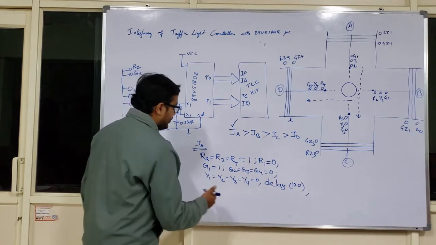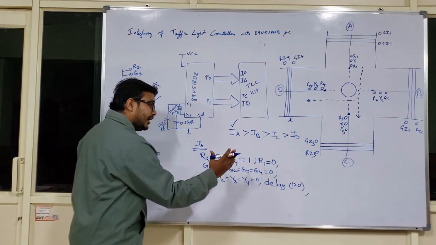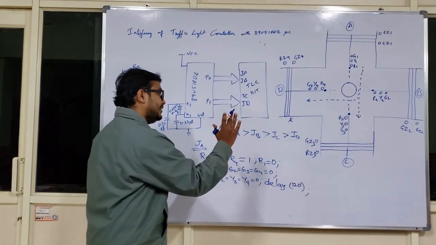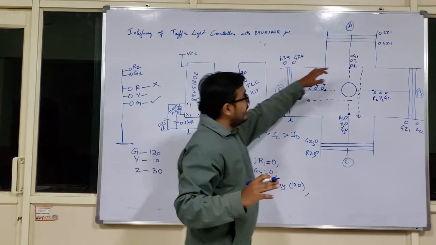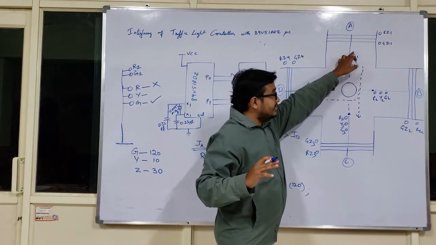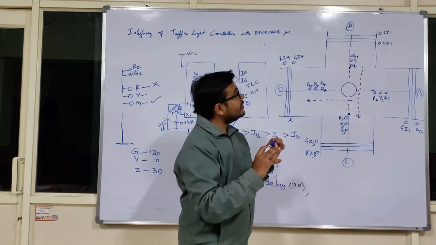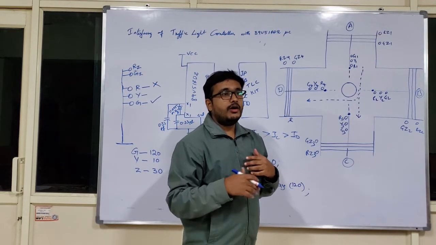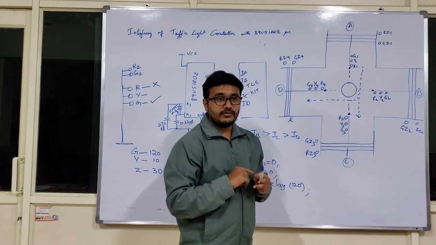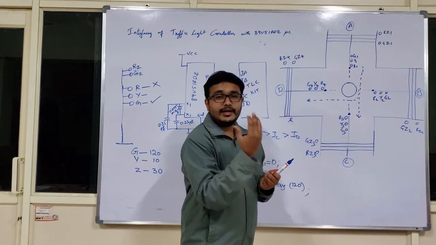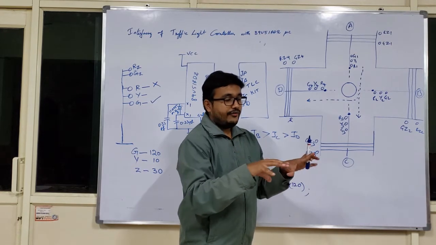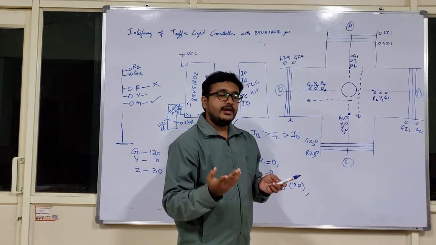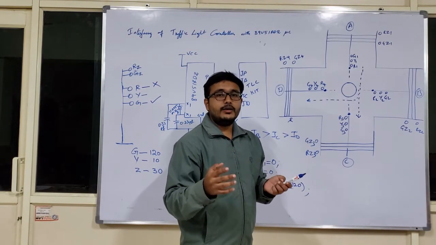After 120 seconds, junction B activity has to start. Before starting the junction B activity, I have to stop the vehicle flow from junction A to either of the roads. I cannot suddenly give the red lamp here, because if I am moving on the bike with a speed of 120 km per hour and suddenly face a red lamp in the traffic, and I suddenly apply the brakes, what happens? Generally, definitely an accident happens.